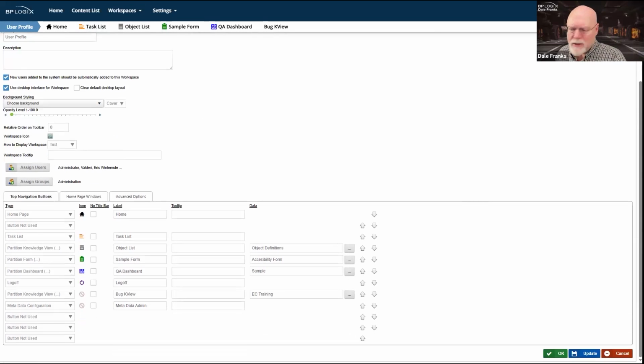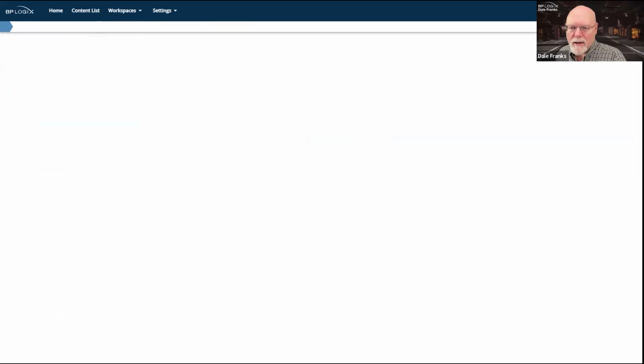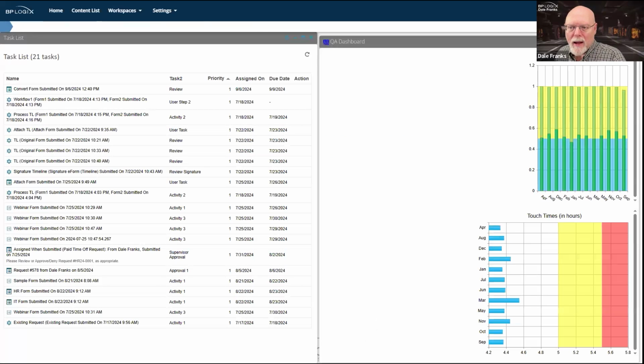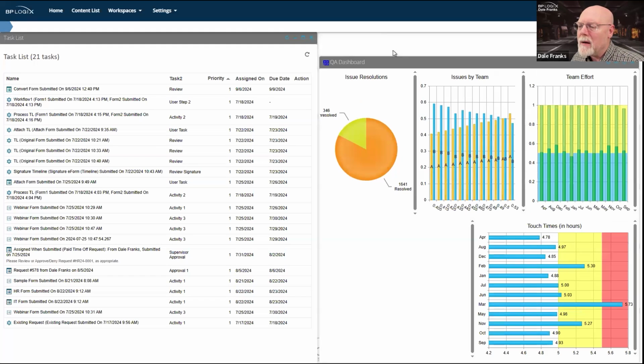I know I changed it. Did I update it? No, I certainly did now. So now I should be able to go back to my user profile workspace. And I'm going to see something a little bit different. In fact, every user is going to see something a little bit different. Initially, and let me make this change here. Oh, I don't like the fact that I can't read that. Why not edit, reset my workspace?